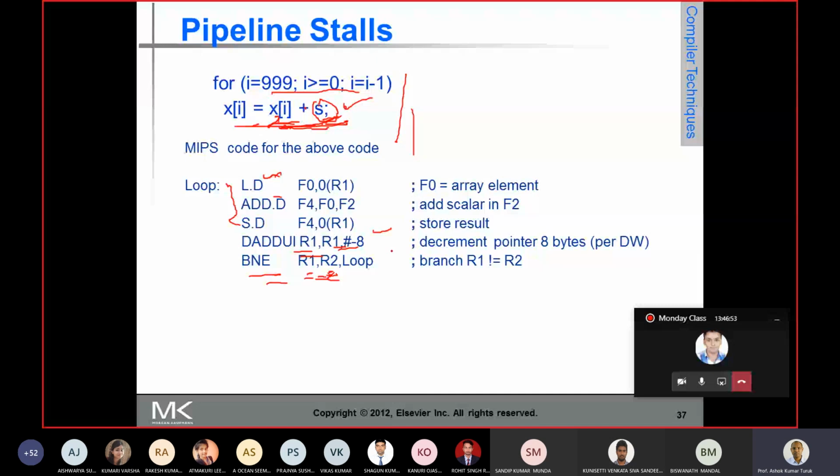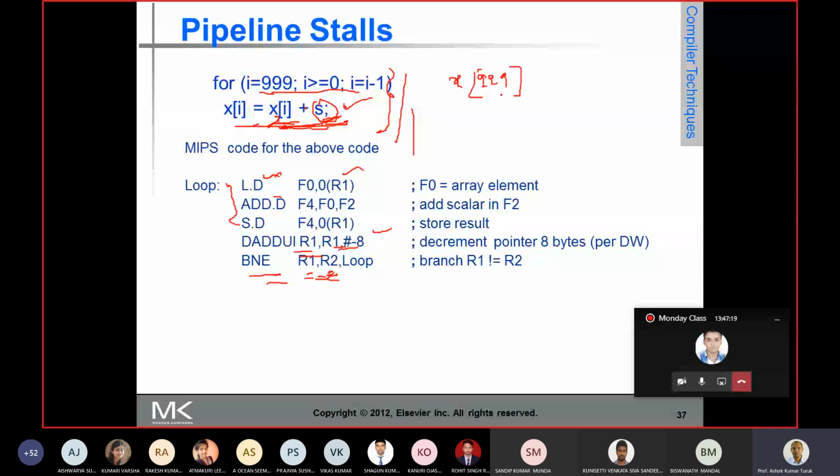So this is how you translate this code piece. It says that R1 is initialized to the address of X999. This is where your operation starts, and it's a double word.